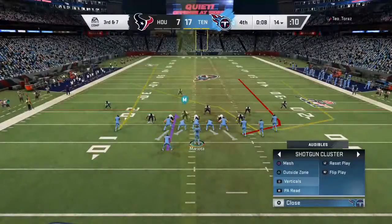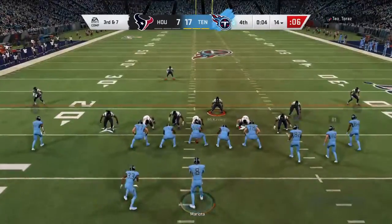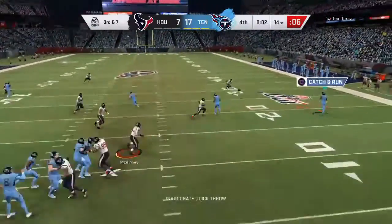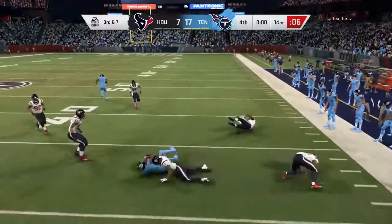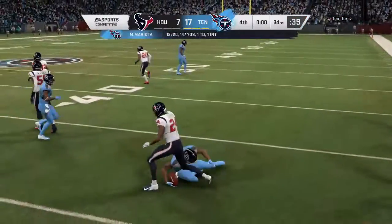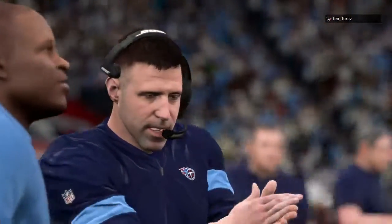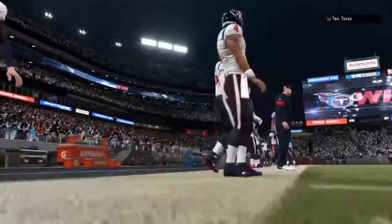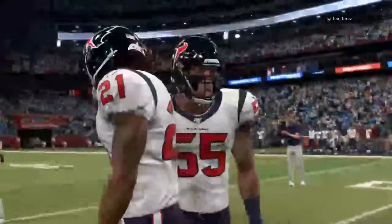The Titans on 3rd down. It's been a problem. Just 1 for 7 thus far. This is 3rd and 7. Now Mariota. And he's got a man, Corey Davis. And he gets this one just shy of the 35 to the 34. So this one, a Tennessee Titan victory. And it was a bit of a strange game. They were held scoreless through the entire second half, but their first half output